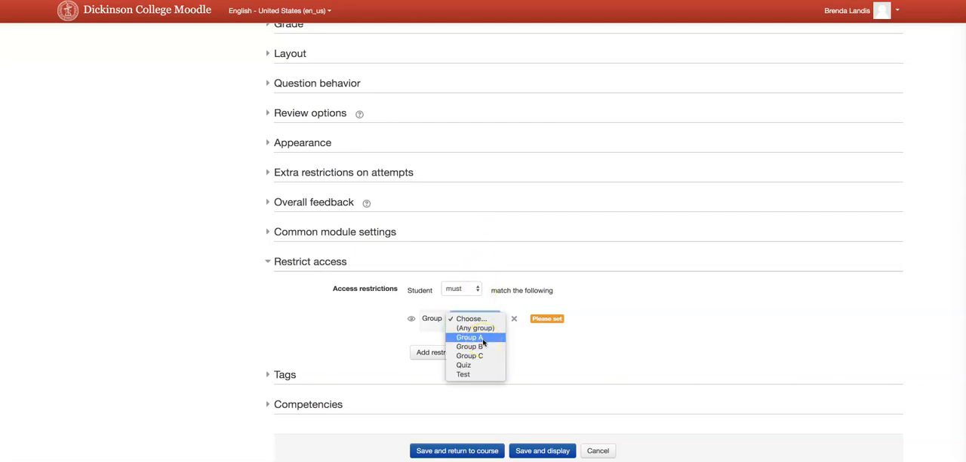So the key here is that on the first group, group A, this is going to be the standard timing. So in this case, I would have enrolled all the students, the majority of my students in group A, and only allow them to have access to the standard timing. I could then go save and return to course,